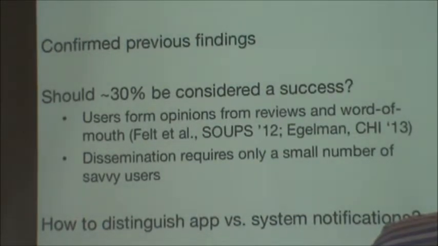It's well established that most users don't actually read website privacy policies. Yet when there's something really egregious that changes, there's a small number of savvy users who notice that and it gets disseminated to the wider public. For instance, early this year, Instagram changed their privacy policy to say that they're going to be using images that you upload for advertising purposes. Now, one wouldn't expect the average user to visit the Instagram privacy policy every time they go there, but the day after they did this, it was in the New York Times, and it's obvious that it was because there was a small number of savvy users who noticed it and disseminated that knowledge.